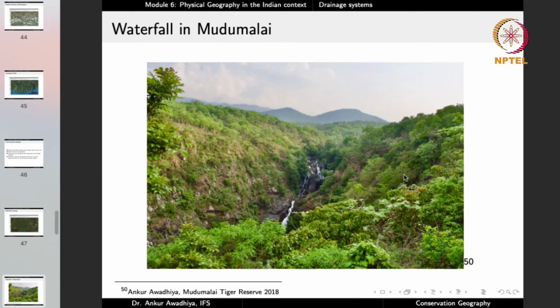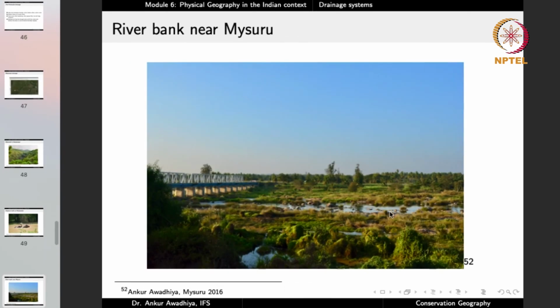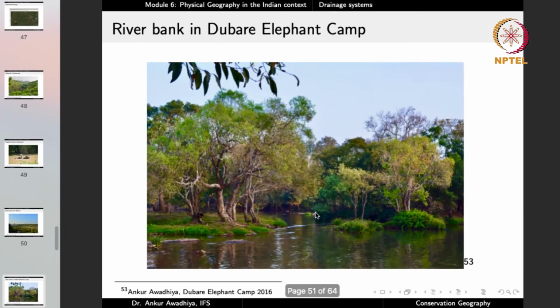We do get some amounts of waterfalls in certain areas, such as this image from Mudumalai Tiger Reserve, where we have a waterfall, but these are very less. In most of the areas, the rivers have already done most of the erosion, so all these areas are now more or less flat areas, lots of rocks, and the rivers move slowly. So this is the river bank in Mysore. Again, another example from Dubare Elephant Camp. Here again you find that the rivers are flowing very slowly